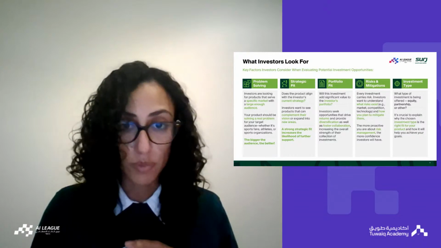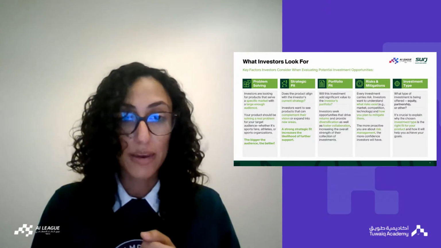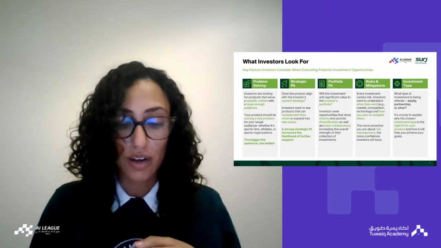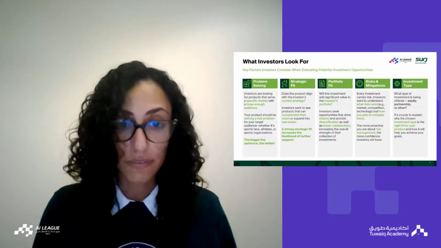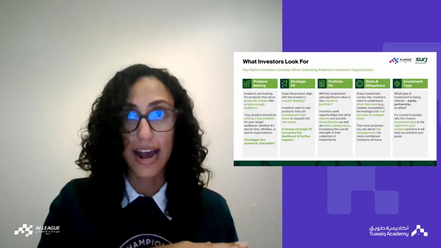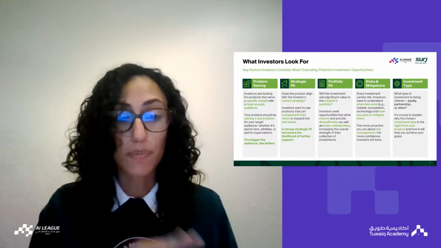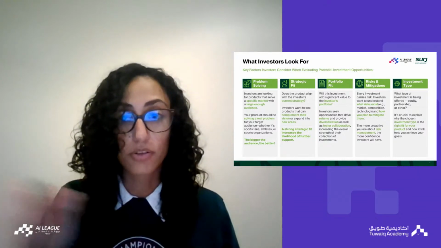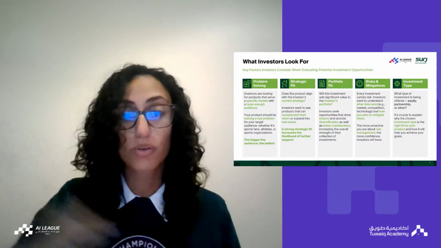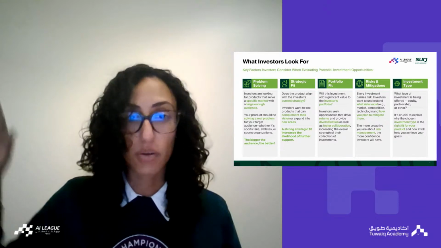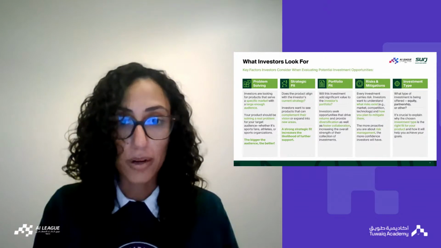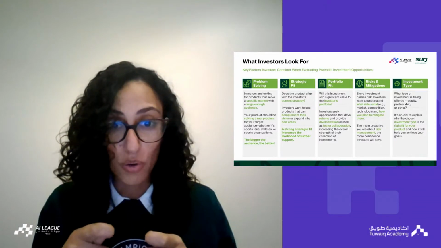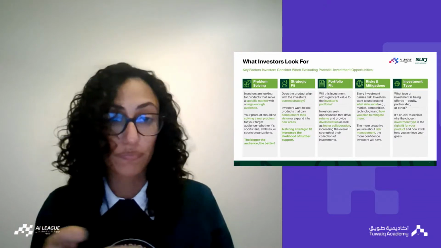So one, I need it to problem solve. I need it to be a business that is actively responding to a problem in market and has a specific market with a large enough target audience that we can see that it has an opportunity to grow and an opportunity to build a roadmap to solve further problems down the road, or to truly flesh out that original problem that they were addressing in the first place. So your product should be solving for a real problem in market.